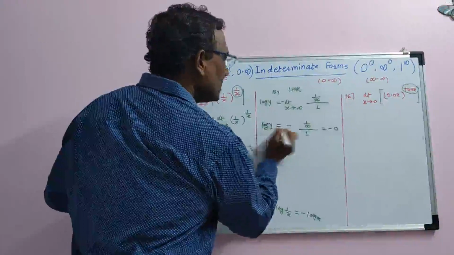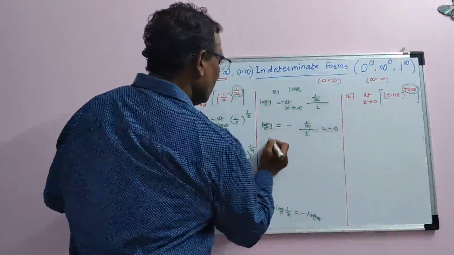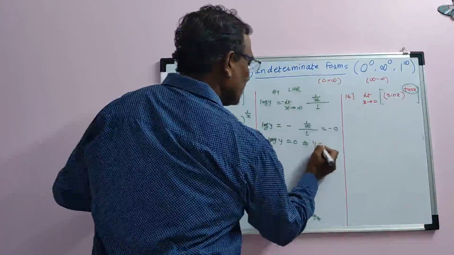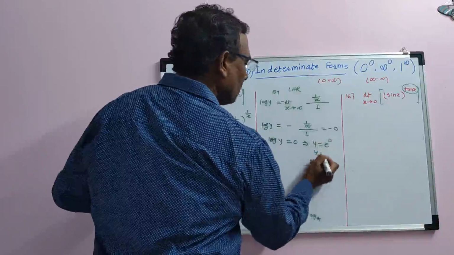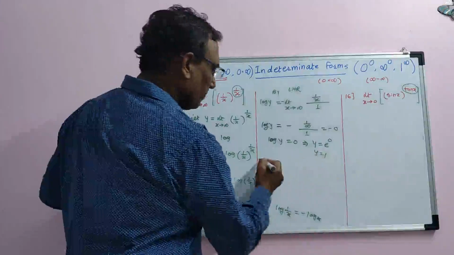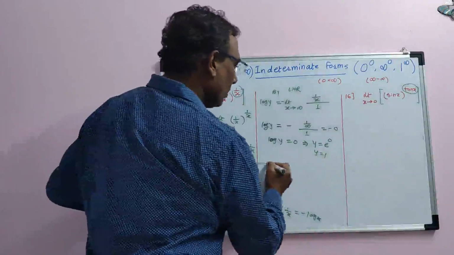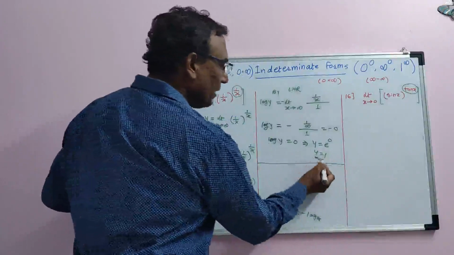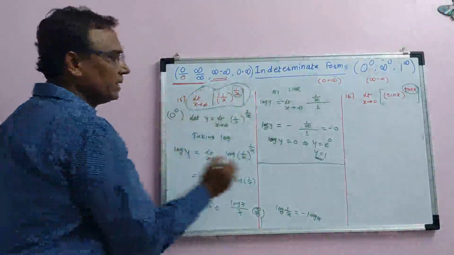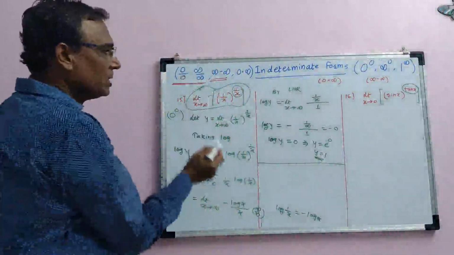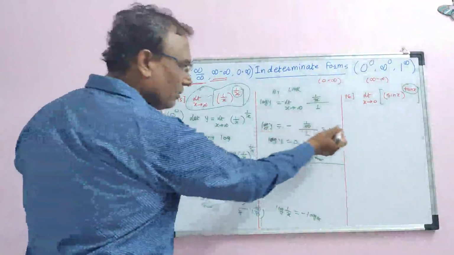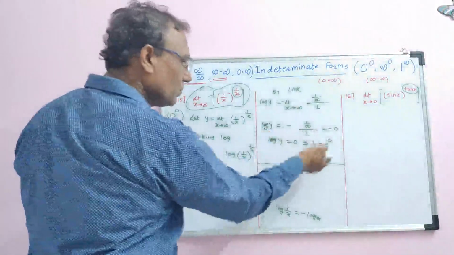So log of y is equal to 0, therefore y is e raised to power 0, and e raised to power 0 is what? By the relation of log and exponential, log of y is 0, so y equals e raised to 0. In this way, the value of y we found means the value of this limit is 1. The value of this limit is not 0. 0 is the value of log y. But y is what? e raised to 0, which is 1.